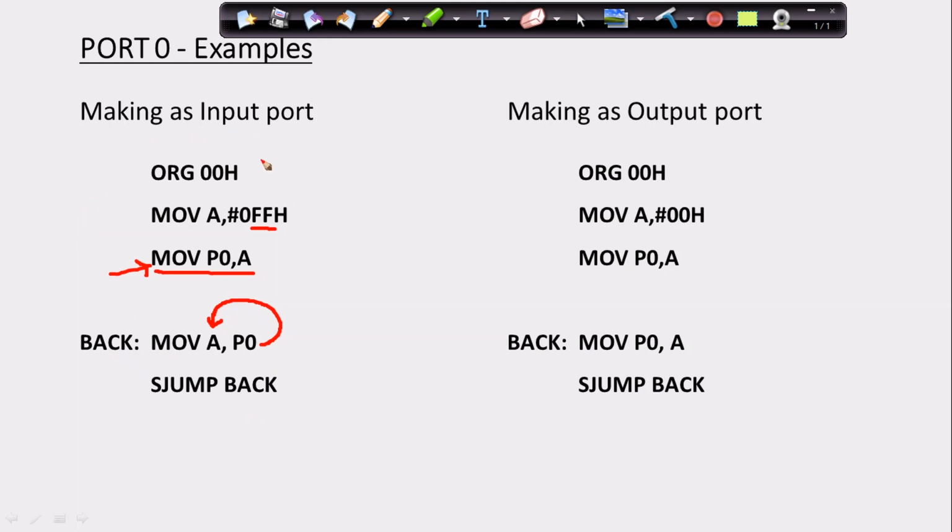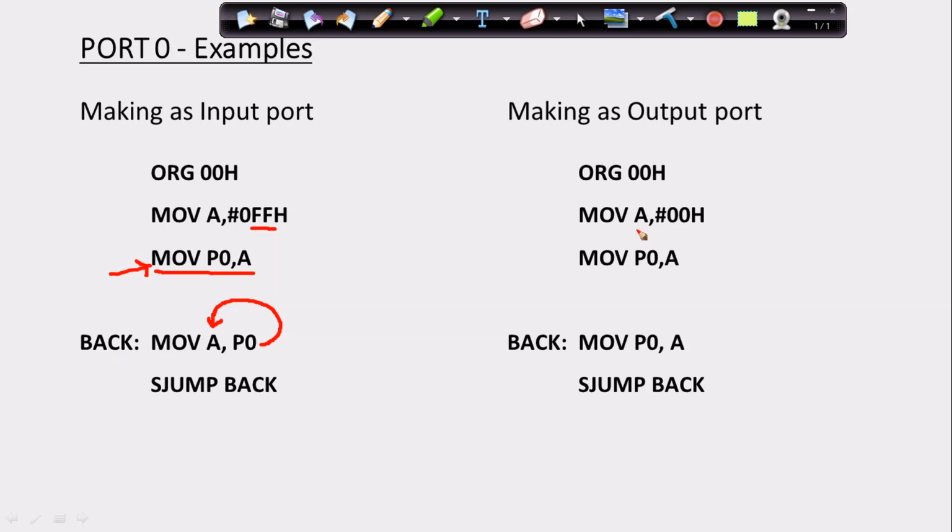That is how we can make port 0 an input port, and how we can accept the data coming from port 0 into our accumulator. Now let us look at how we can make port 0 an output port. As we had said, we need to send 0 to make it an output port.